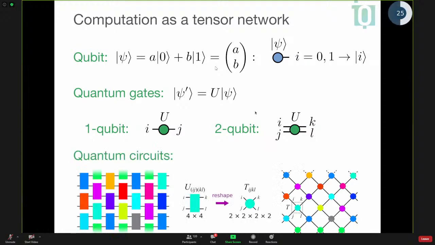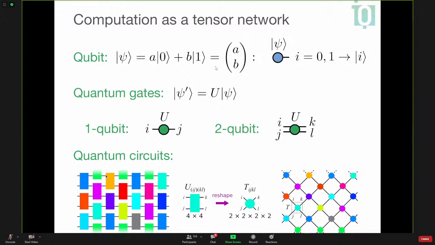And so if I can represent qubit states, I can represent gates, quantum gates as tensors, then I can represent an entire quantum circuit as a tensor network, okay? And so here's an example of this. I'm showing, here's a cartoon of a circuit. This is a brick wall, like 1D circuit, and I'm assuming only 2-qubit gates, but this could be any geometry, like the geometries of the actual quantum chips that you have today.